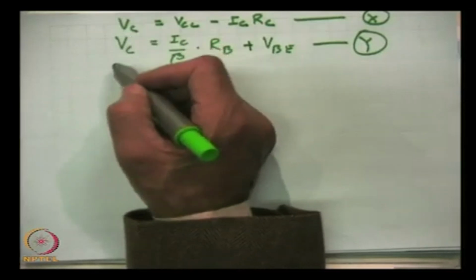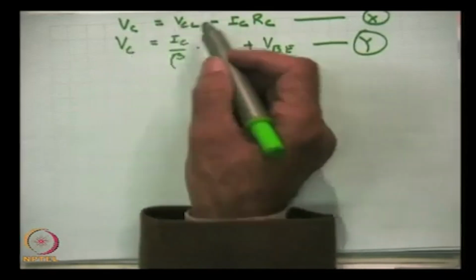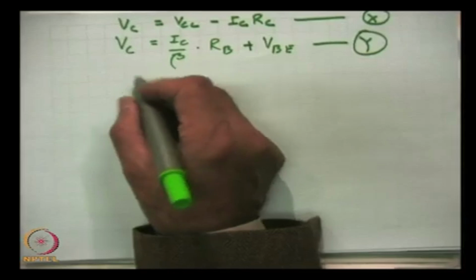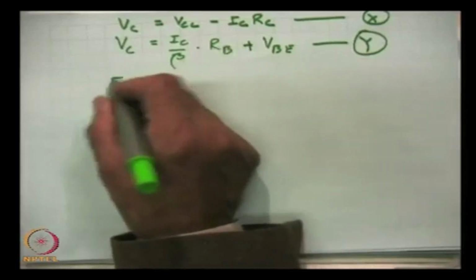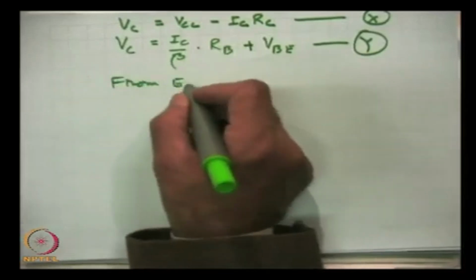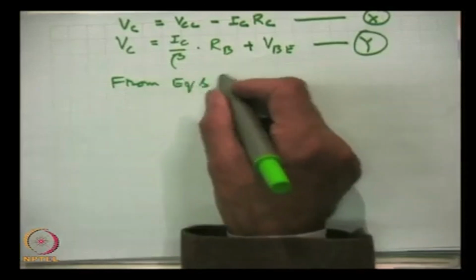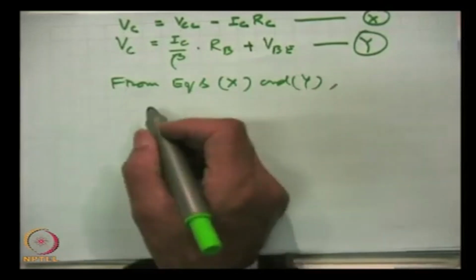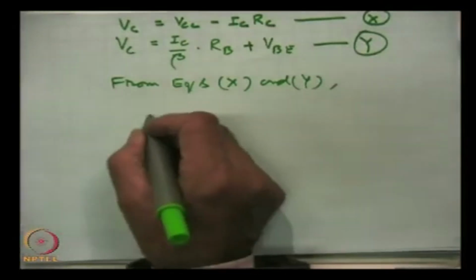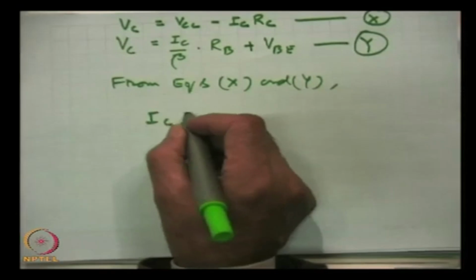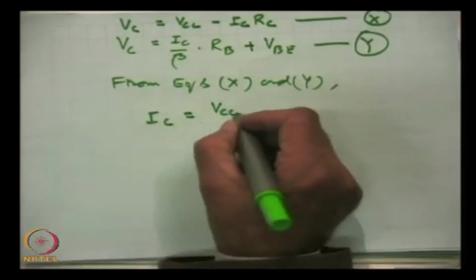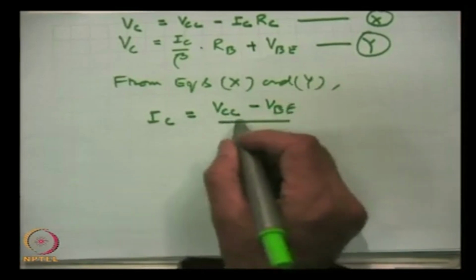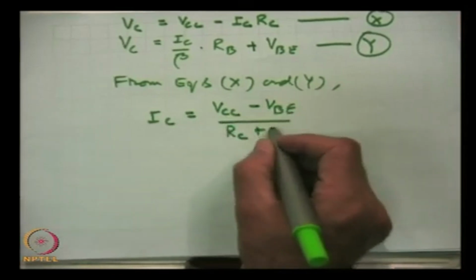So from equations X and Y, we get IC equal to Vcc minus VBE divided by RC plus